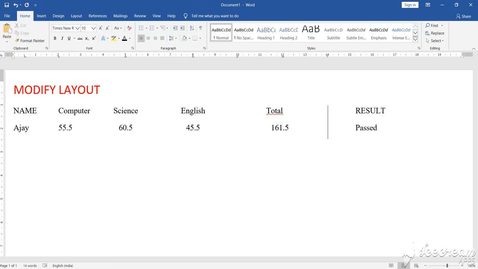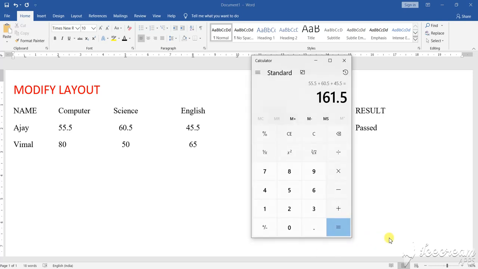Okay, so this way you can give another student name, if you want to give another, your friend's name, suppose Bimal. Similarly, Bimal has scored suppose 80, then suppose 50, then suppose 65. Okay, now what is the total marks here, add it. Let us use again the calculator. That means 80 plus 50 plus 65,